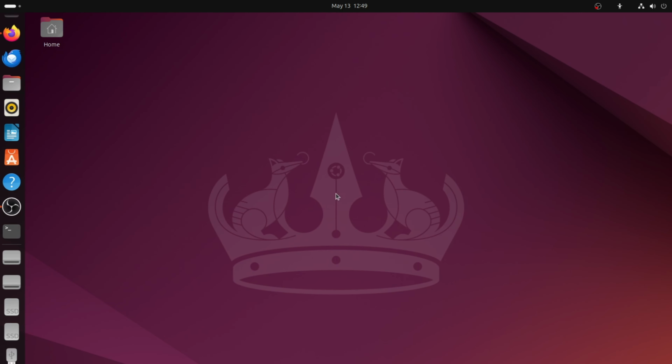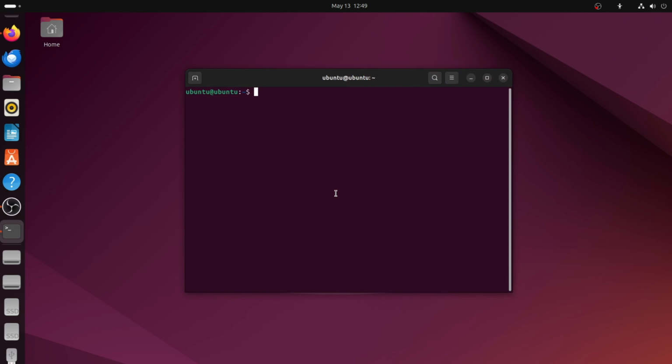In this video, I will show you how to create a soft link, also called a symbolic link, using the terminal in Ubuntu. Let's get started. First, open your terminal. You can do this by pressing Ctrl, Alt and T together, or you can search for